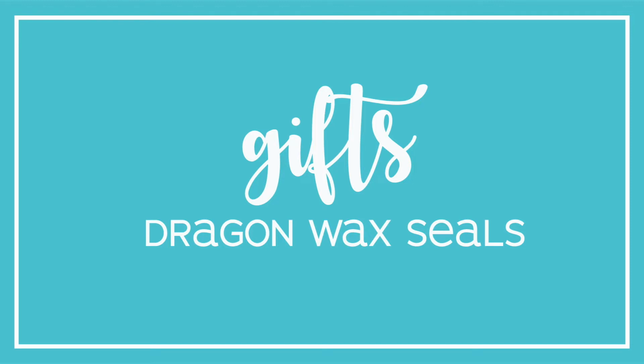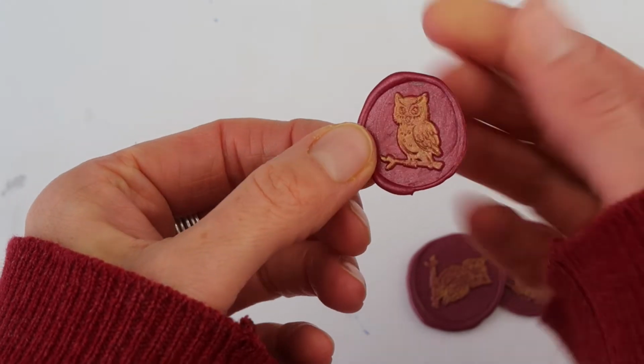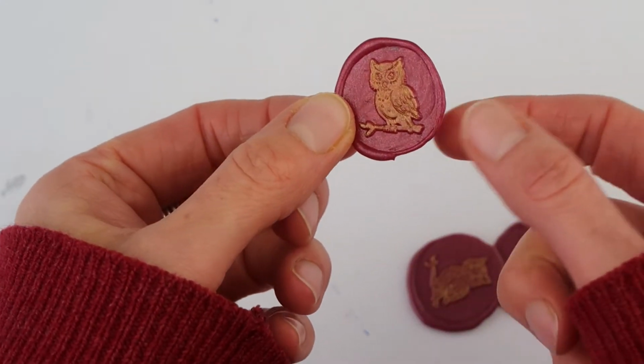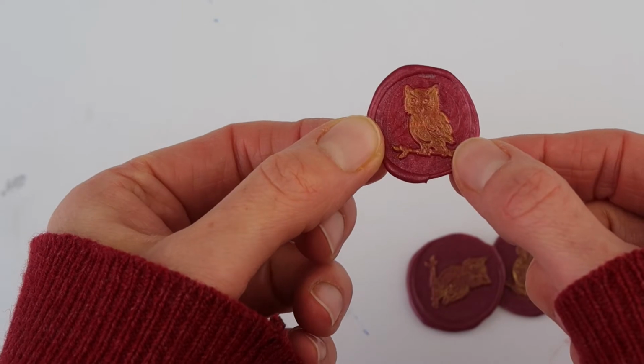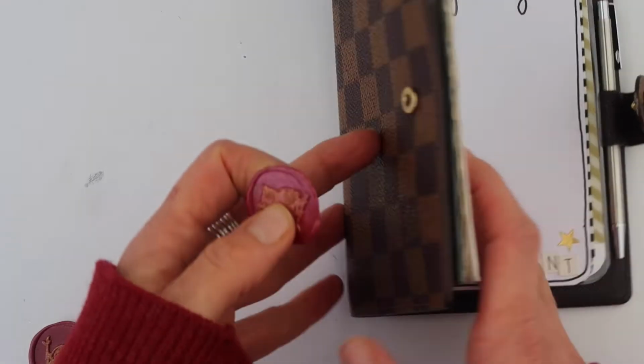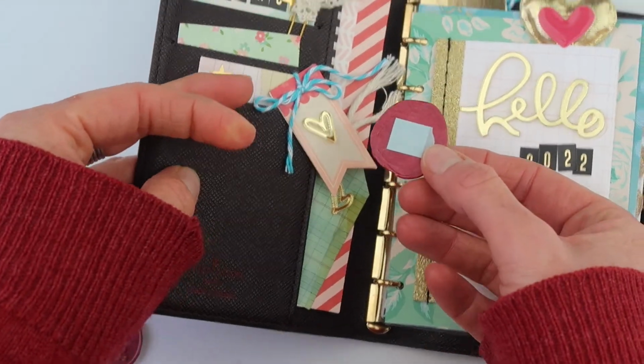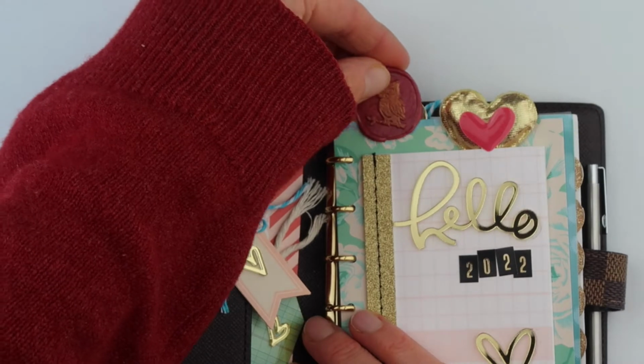Now your second gift is a set of wax seals. Now I have owl ones here, Hooting Pirate, so I use my owl stamp, but the dragon ones are coming. You will get a dragon. It's red with that gold highlighting on the actual dragon, so you can use them in your planner. You can make them into clips like the Shrinky Dinks. They are adhesive on the back, so all you need to do is peel it off and stick, and you